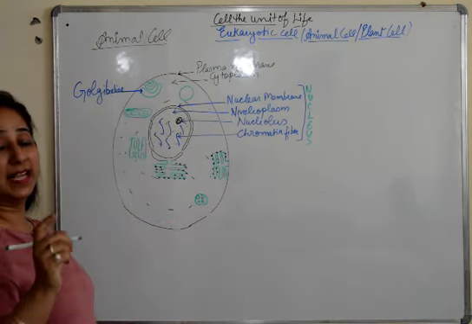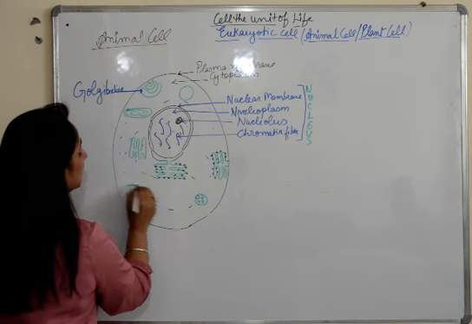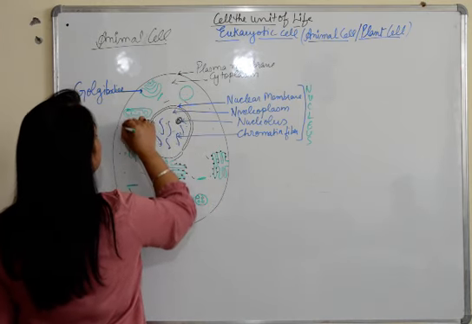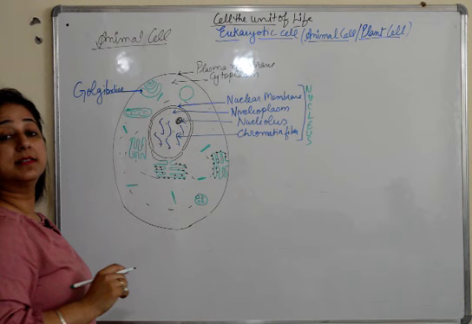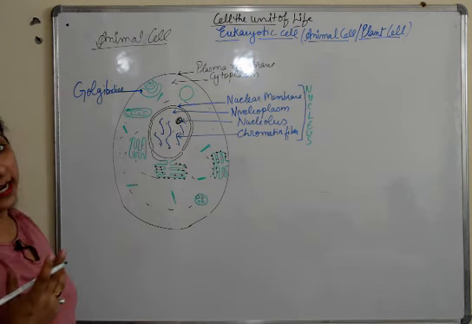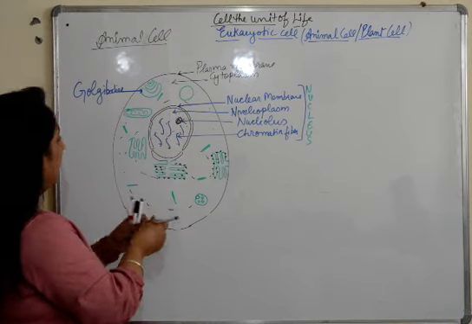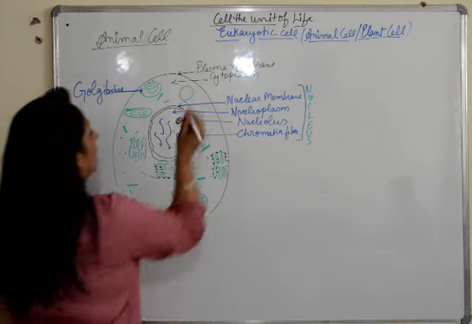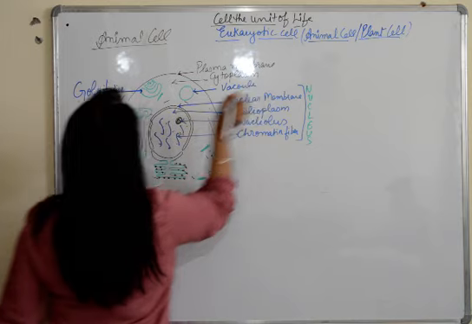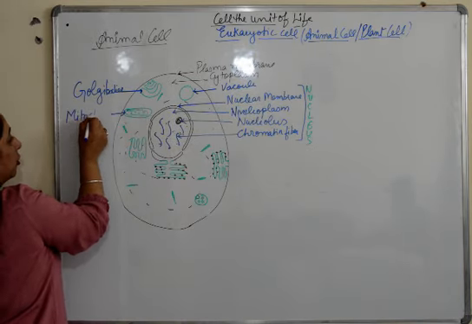They have a structure known as the centrosome as well, which helps in cell division. Plus, scattered in the cell, they have microtubules and microfilaments present, which provide it a cytoskeleton. This cytoskeleton is also very important because it helps to give a shape to the cell. Now we'll start labeling. This is the vacuole, the structure, the powerhouse of the cell, mitochondria.